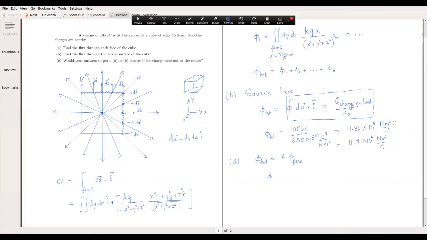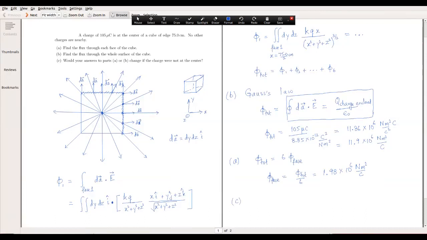So the flux going through any one particular face is simply the total flux divided by 6, and that's equal to, so that's again to three digits, 1.98 into 10 raised to 6 Newton meter square over coulomb. Like 11.9 divided by 6 is 1.98. But see,